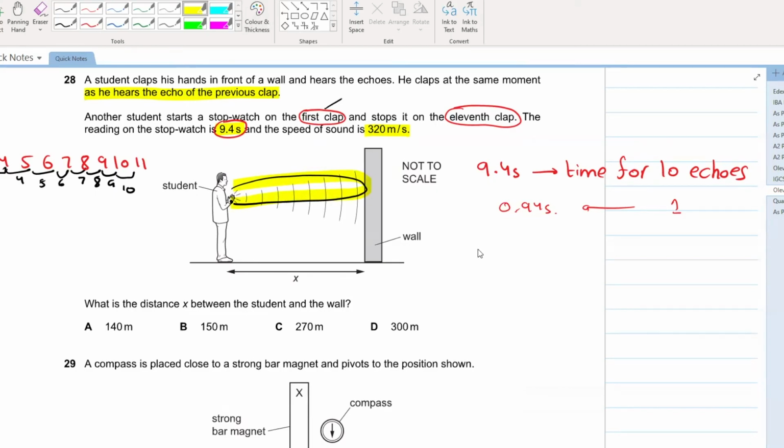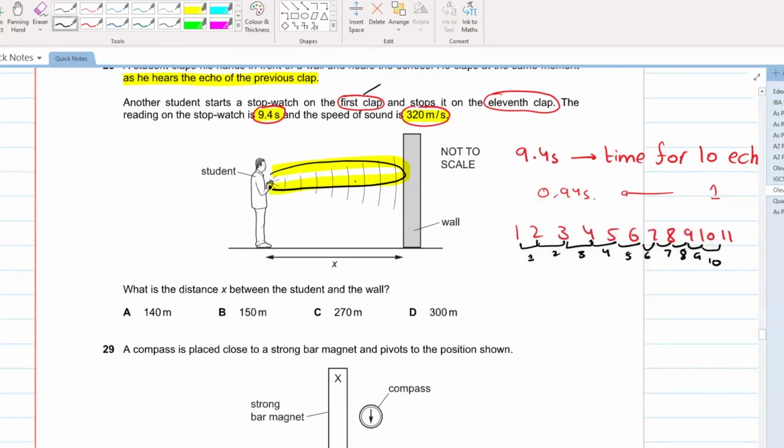Didn't understand? Okay, move ahead. 0.94 seconds is the time taken for this entire journey. Now you know that the time for the entire journey is 0.94. The speed is 320. Can you calculate the distance of the entire journey? Yes, distance is equal to speed into time. The speed is 320. Time is 0.94. The distance comes out to be